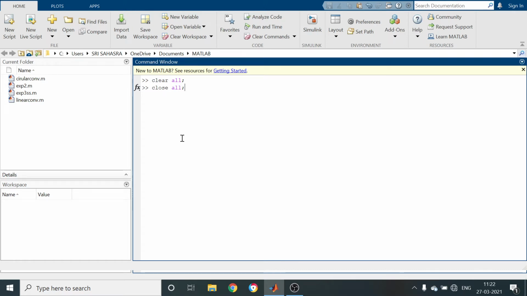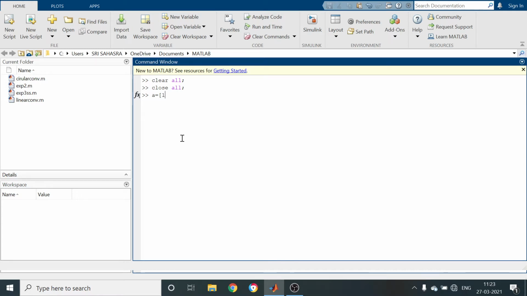So in order to enter the matrix elements, first let it be A equal to, so if I want to give a 3 by 3 matrix, meaning 3 rows and 3 columns, you have to give in this manner. Use square brackets. I am going to give the elements of this matrix as 1. You can separate row elements by using space or comma.